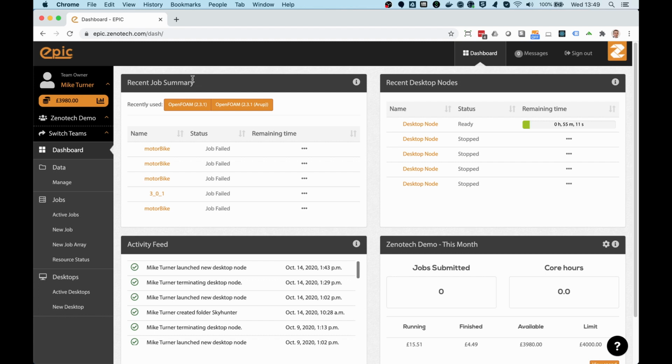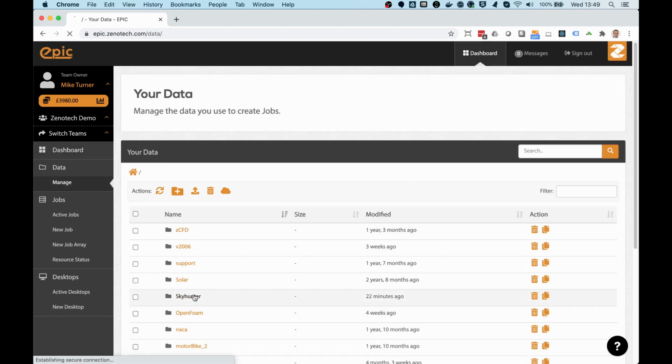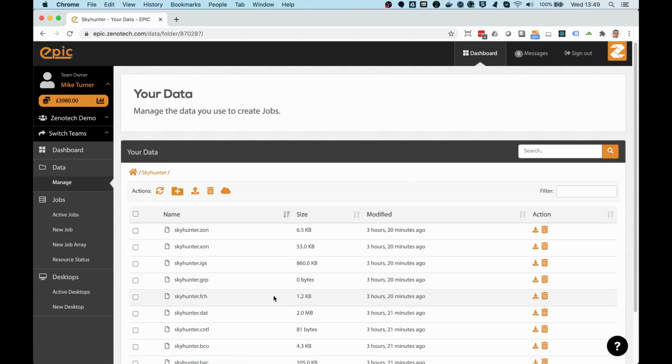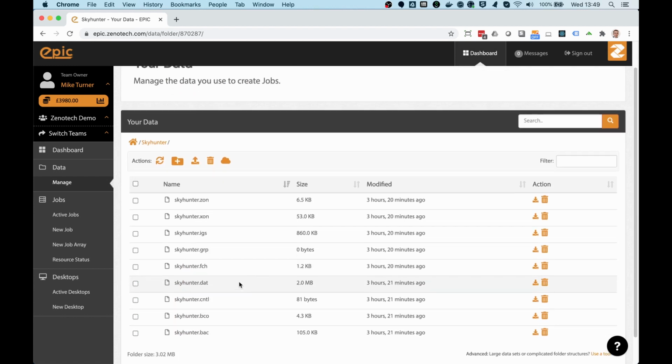Okay, to start off with, I've logged into Epic and you can see my dashboard view. I'm going to go to my data view and show you the geometry we're looking at. So I've already uploaded some files. This is the Sky Hunter geometry I'm looking at, which is a remote control aircraft / UAV. You can see I've got a DAT geometry and I've also got an IGES geometry. So this is what I want to work on, and to work on it I'm going to launch an Epic